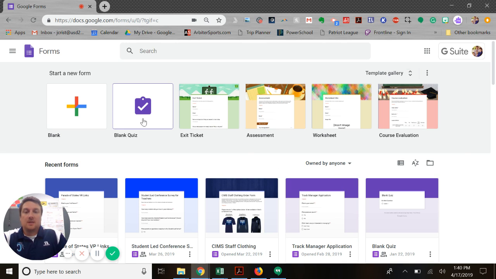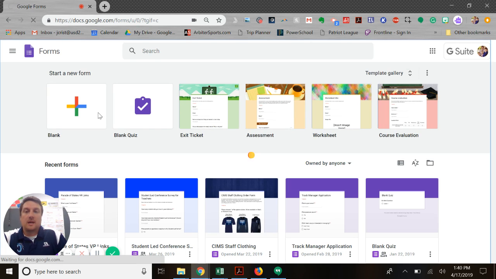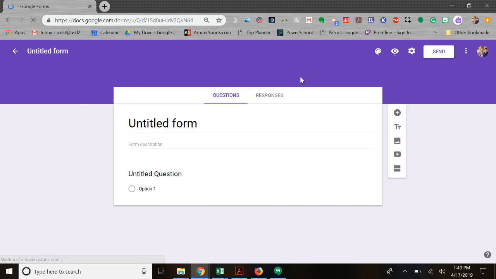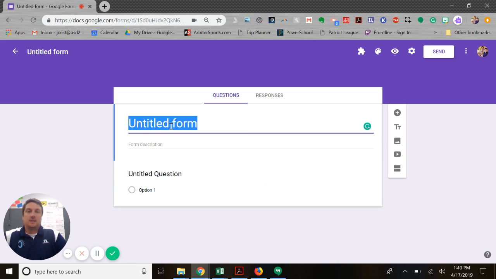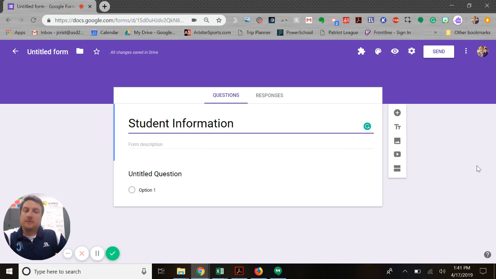So you can see we've got a variety of different things here that have been created, some templates and options there. We're going to go ahead and just do a blank, start from scratch. And so this is the default blank for Google Forms. First thing we want to do is give our form a title, and let's call it student information. Okay, so maybe you're at the beginning of the school year, you're going to gather some information on your